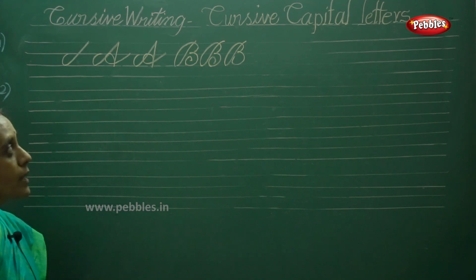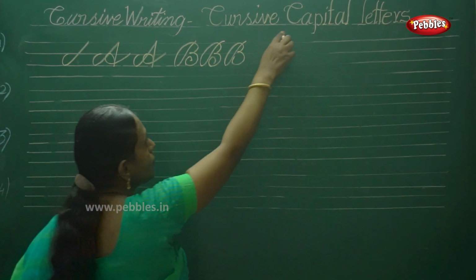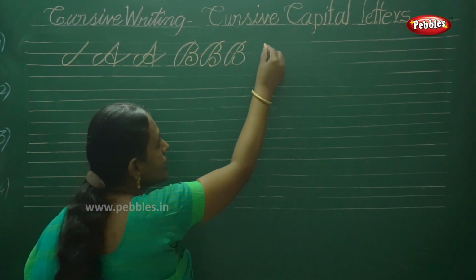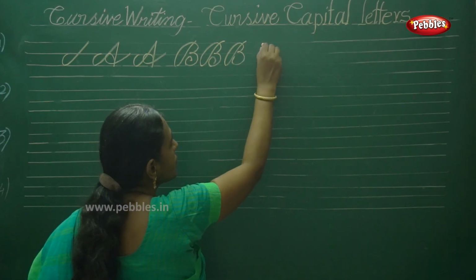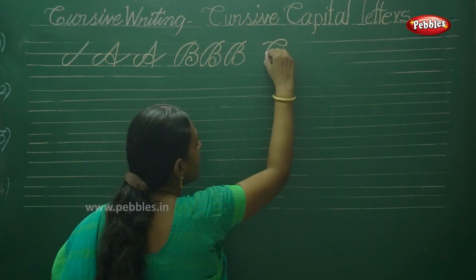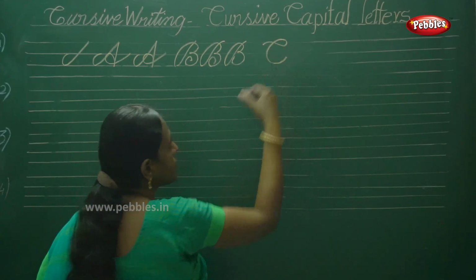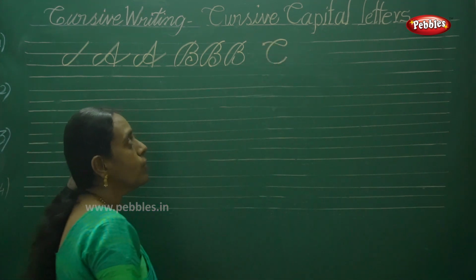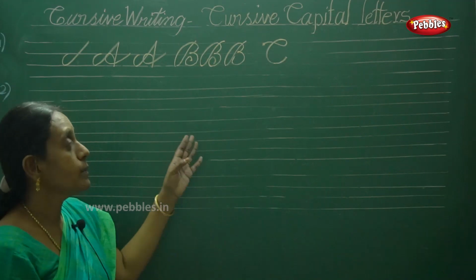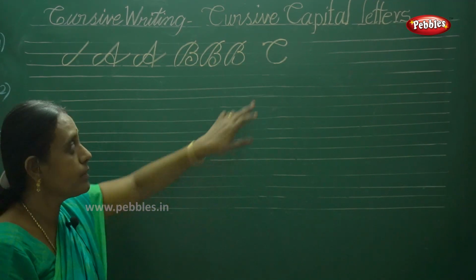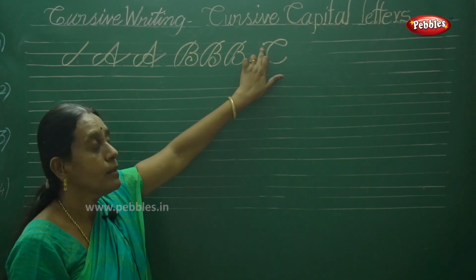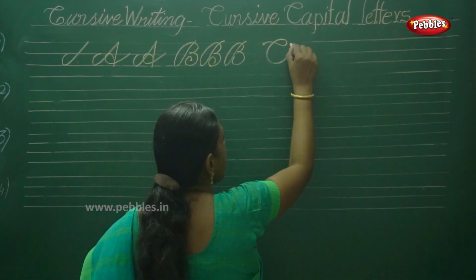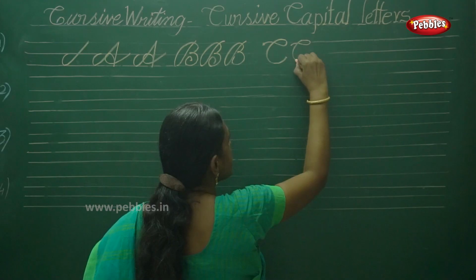Next one is C. I already wrote it at the top of our title, that is the cursive C. Start from here, it lies on the ascender line, and make it a crescent shape. That starting point is this one. You make a dot for easy follow up, but otherwise you don't write the dot with the alphabet. Children, for remembrance only, put a dot where the starting point of an alphabet is. Once again I write C, cursive C.